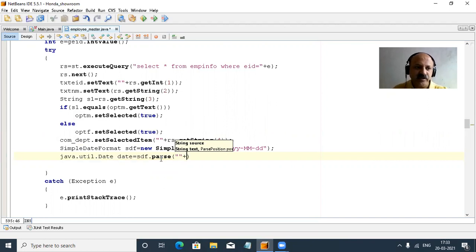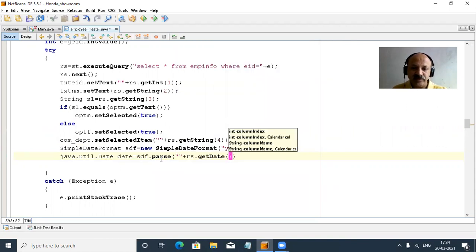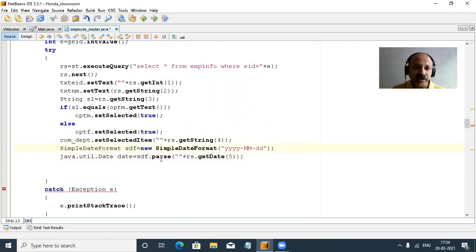Yes, that is required, and rs dot getDate. So first we convert this format. So getDate, yes, and then fill column index 5. Yes, column 5 in our original database.